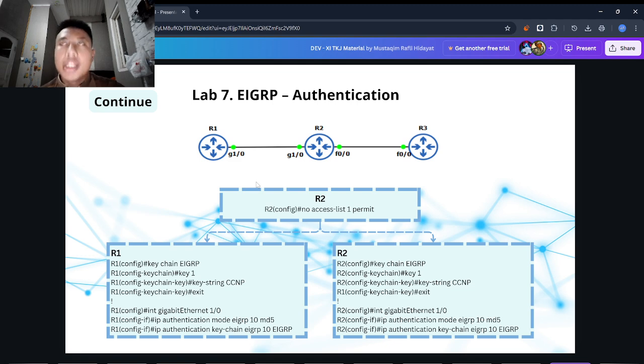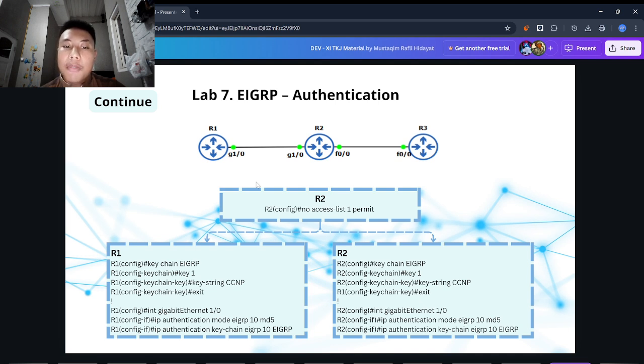By default, EIGRP does not authenticate its neighbors, meaning any router running EIGRP in the same AS, or autonomous system, could potentially form an adjacency. Authentication ensures that only trusted routers using the correct key can participate in the EIGRP domain.